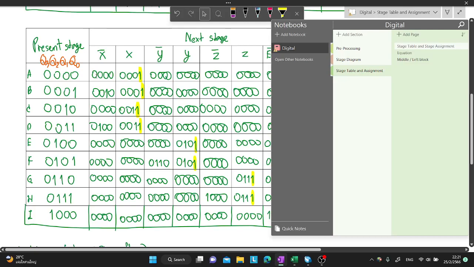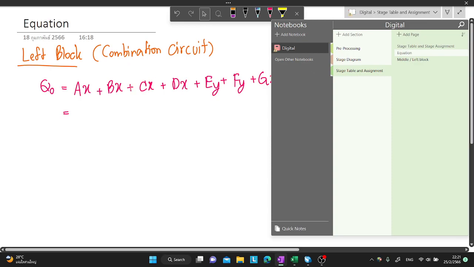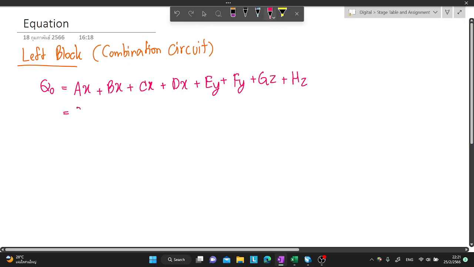You can see the numbers. I don't write the numbers in the equation because it's wrong. We have to write in this form: Q3, Q2, Q1, and Q0. So A is all 0, which means